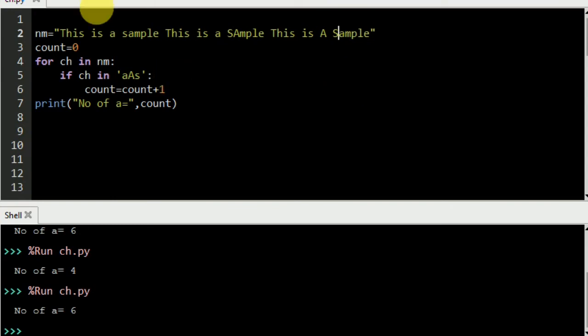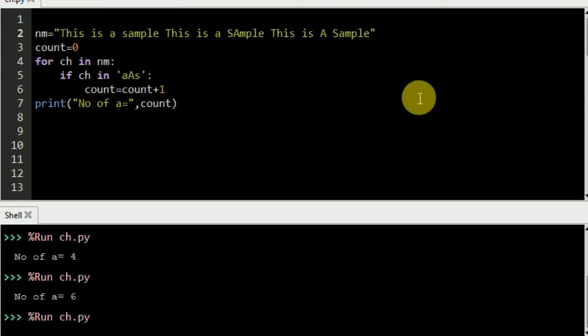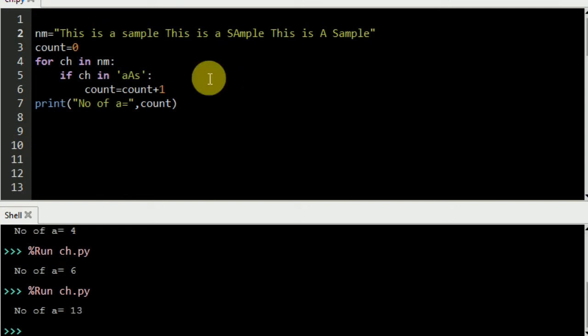Now if I execute this, how many will it be? 1 2 3 4 5 6 7, and then 8 9 10 11 12 13. 6 of a and 7 of s are there, so 13 total is going to be displayed.